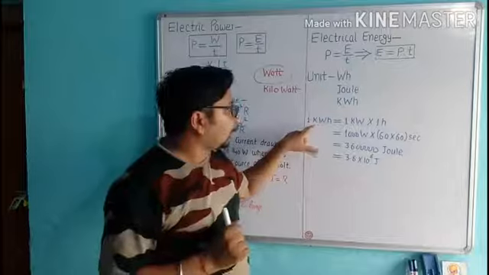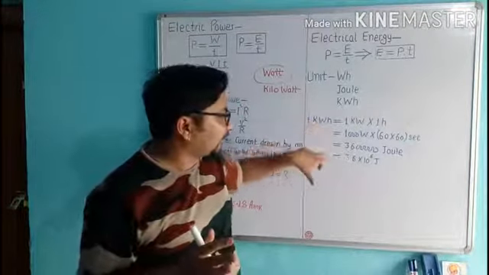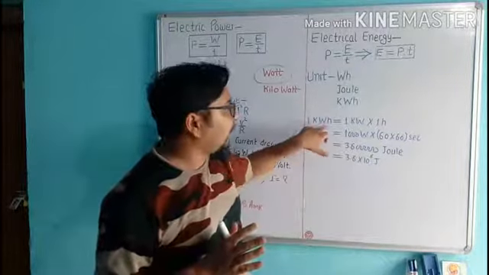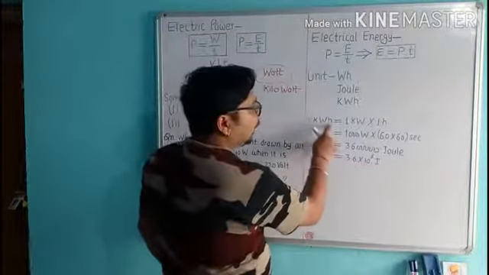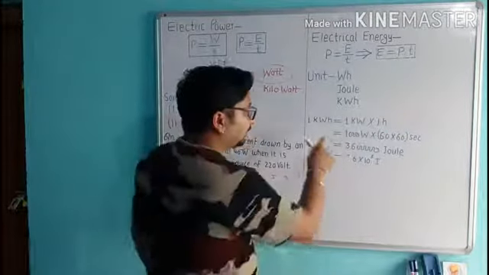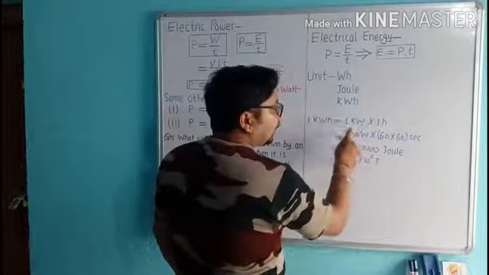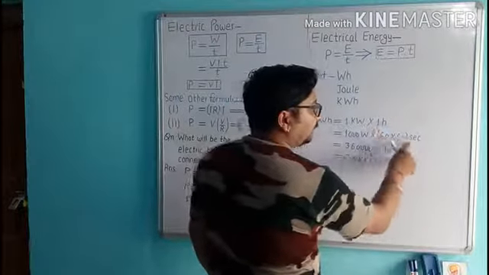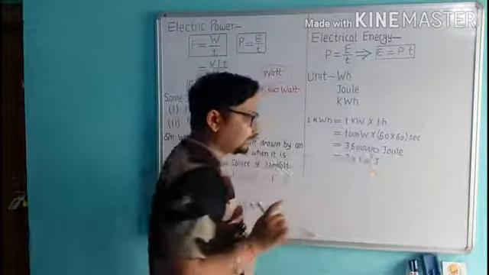Now we have to relate 1 kilowatt hour into joule. When we convert 1 kilowatt hour into joule, this is the process. 1 kilowatt hour means 1 kilowatt into 1 hour. 1 kilowatt means 1000 watt and 1 hour means 60 minutes, 60 seconds. Convert 1 hour into second, 60 into 60 seconds. Then after multiplying we get